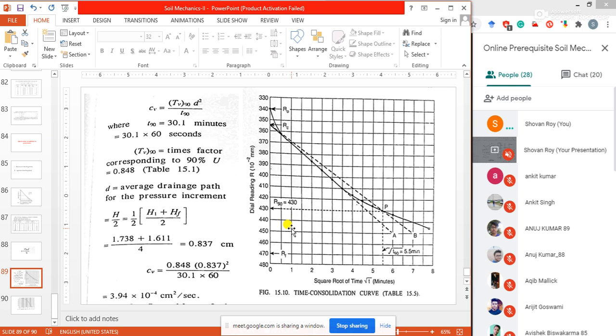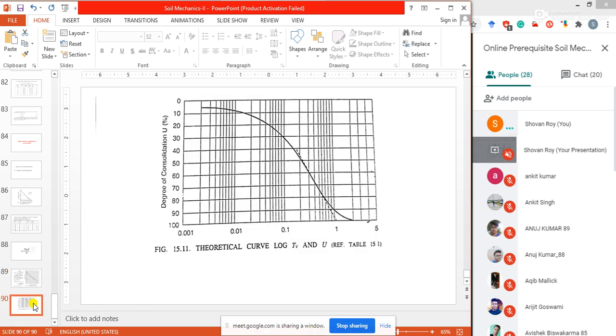The same values which we have used for the square root of time fitting method, we can use for the logarithm time fitting method also. The only difference is that you have to use semi-log graph paper to plot your data. Also, from this graph, we can find out